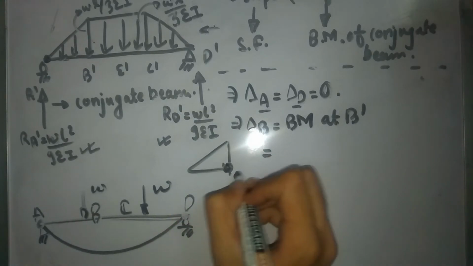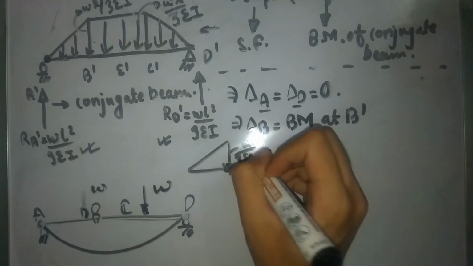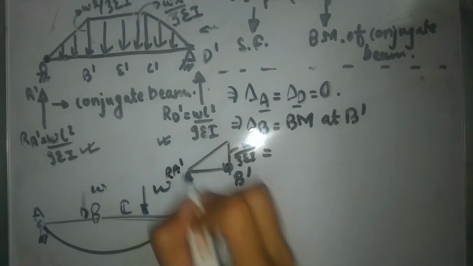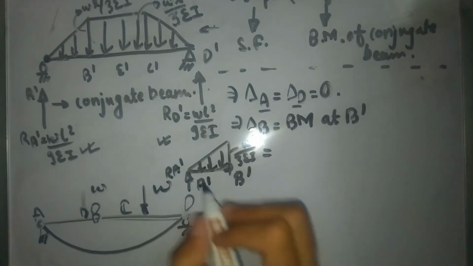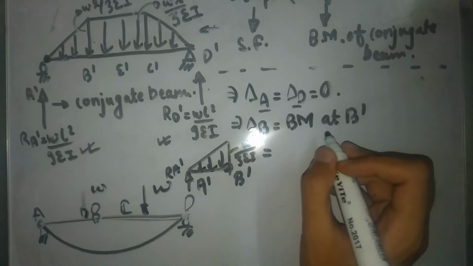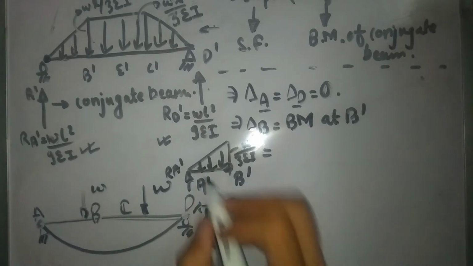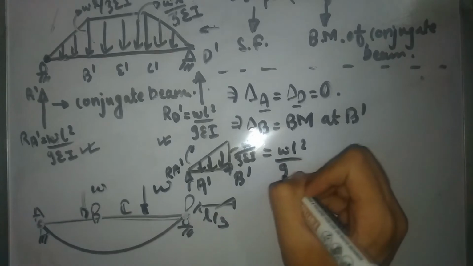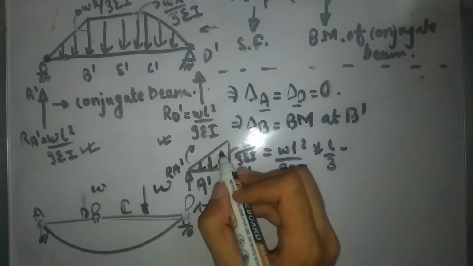This is going to be my point B'. I have my UVL of magnitude WL by 3EI, and I have my RA' going downward at my point A'. So my bending moment at B' is simply going to be RA' into L by 3. This is producing a clockwise moment about B. So RA' is WL square by 9EI into L by 3, minus